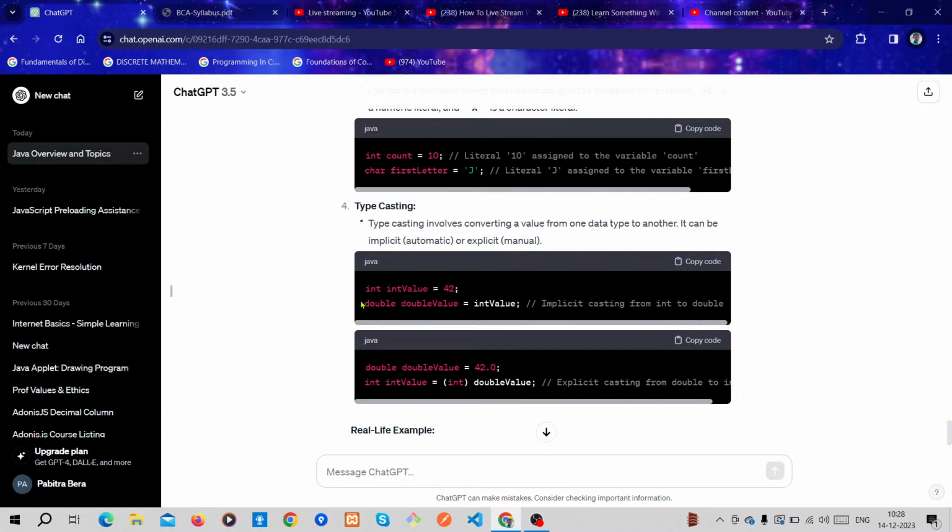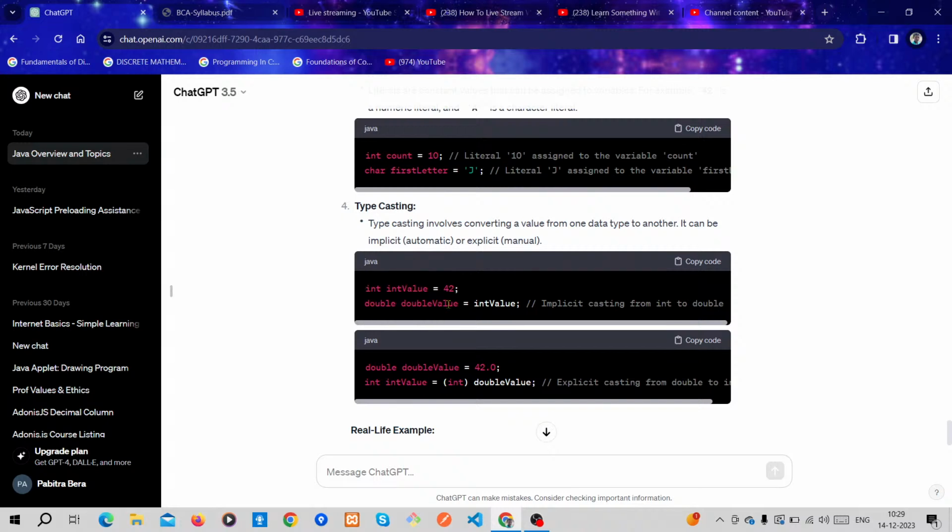How can you do that? You can do that using this line, using this type. You want to convert an int value into a double, so you can do that using this line. Double value is a variable name where we store 42 as a double value, and double is the type of this variable, and int value is the variable name of integer type. We assign that into double value, and the type would be double.